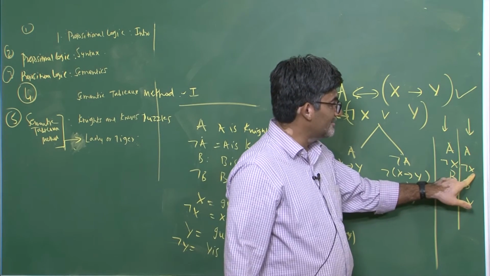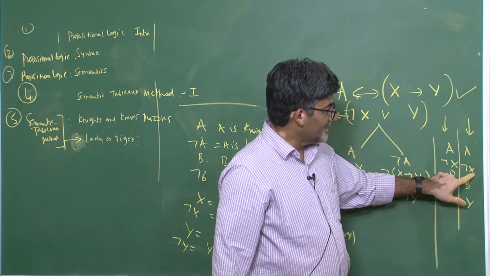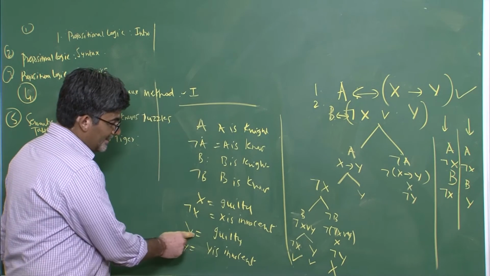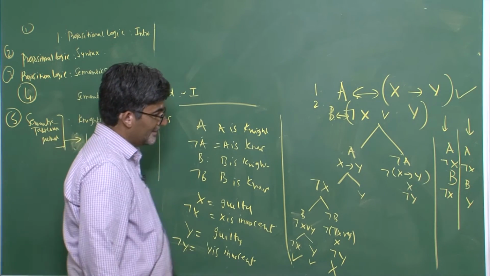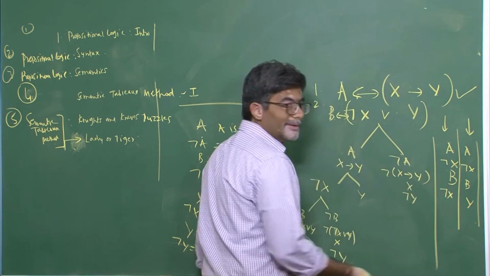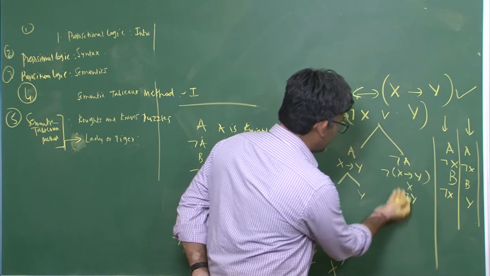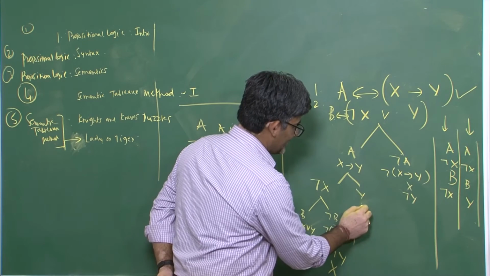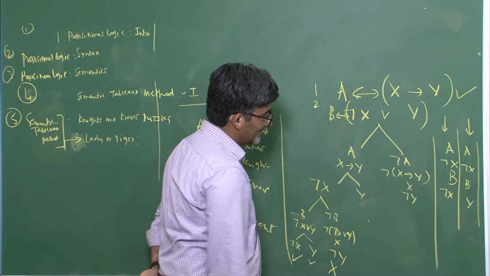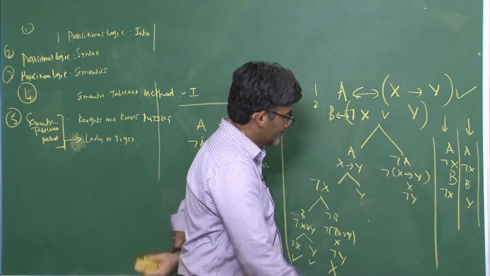Now this is the same thing which we got in the second one also. That means not x here means x is innocent, and in our representation y stands for y is guilty. So now from the open branch, you can see the solution here. You can expand the other branch like this. You have to apply the same tableau rules to get the other solutions, but one open branch will serve our purpose, you do not have to open the entire thing.